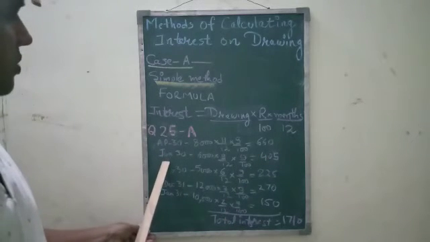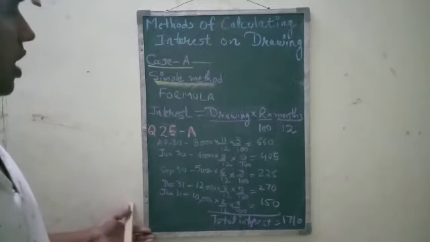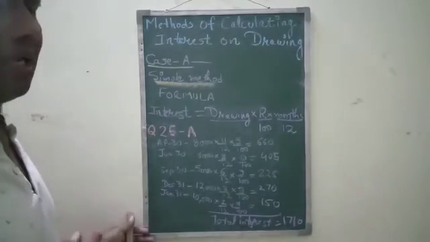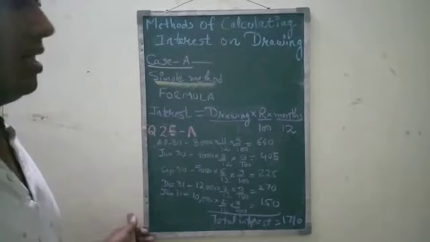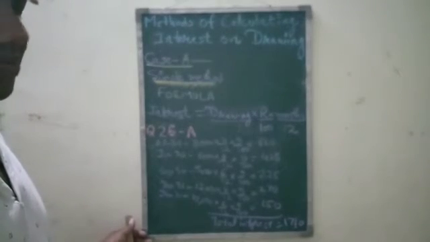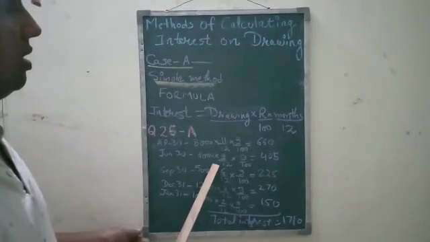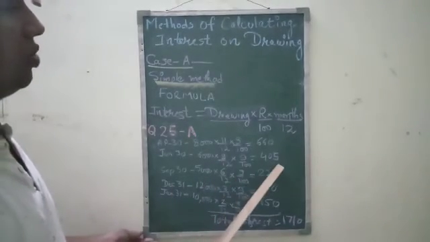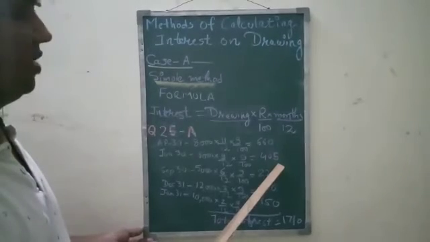The next amount is withdrawn on 30 June. So after June, this is the last day of the month, so from the starting of the next month, July, August, September, October, November, December, January, February, March. So 9 months are there and the rate of interest is 9%. So total interest on drawing is 405.